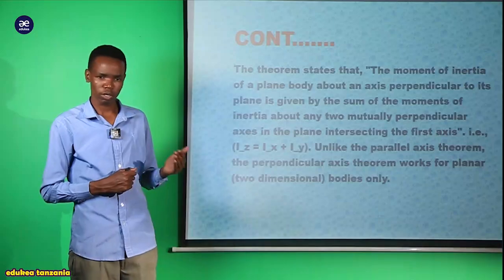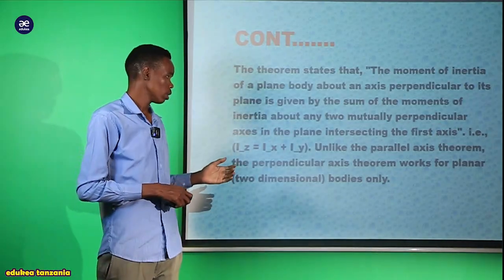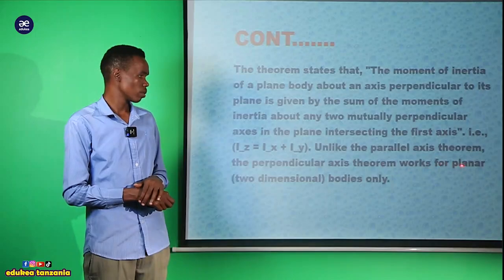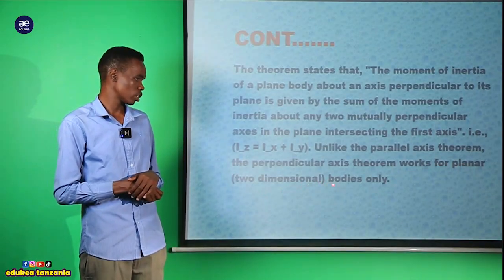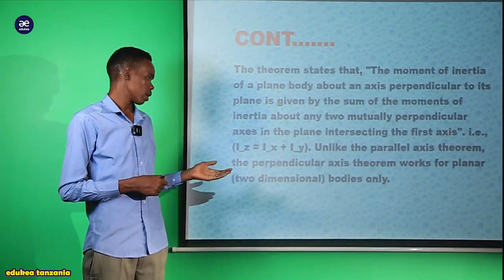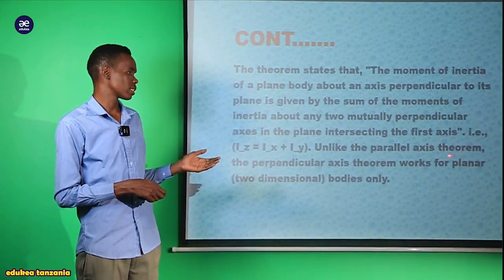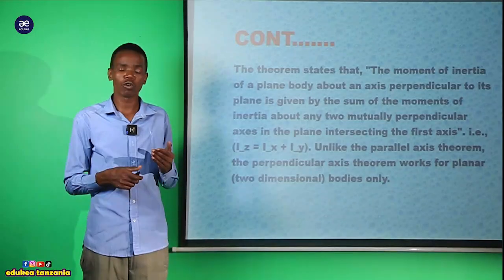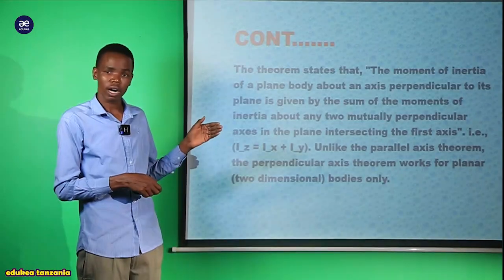That is what we know about the perpendicular. So unlike the parallel axis theorem, the perpendicular axis theorem works for planar, two-dimensional bodies, and both theorems work for planar bodies. As we know, this parallel axis theorem and perpendicular axis theorem work for the planar, it means